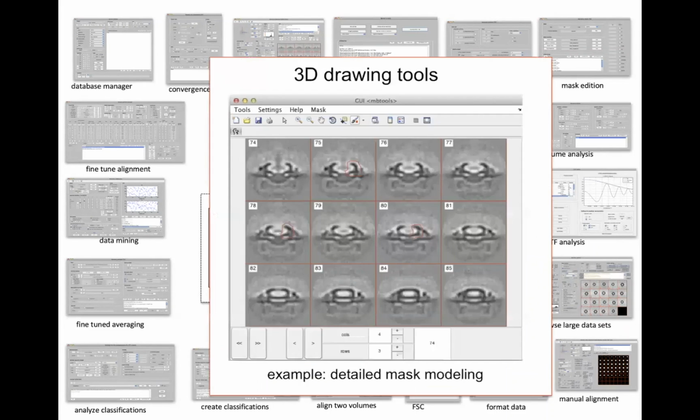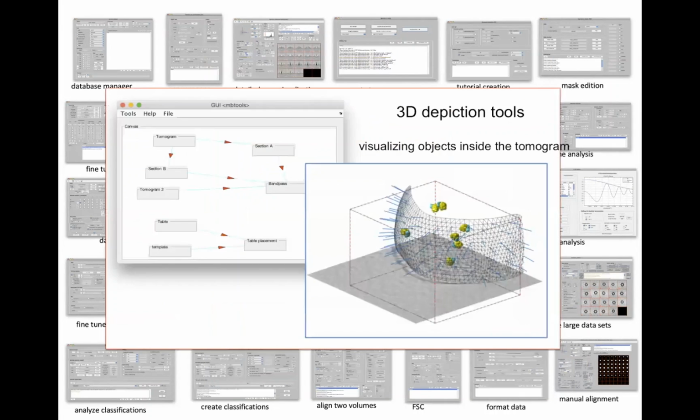Some of these tools are, well, not so spectacular, but they are really necessary when you are in the specific case in which you need it. For instance, something as simple as tools for a specific 3D drawing in the typical gray map representation of averages of particles. That's something that you can find in typical graphic design software, but this is adapted to the requests of subtomogram averaging, or how to depict the relative positions of your particles and constitutive elements on your tomograms,